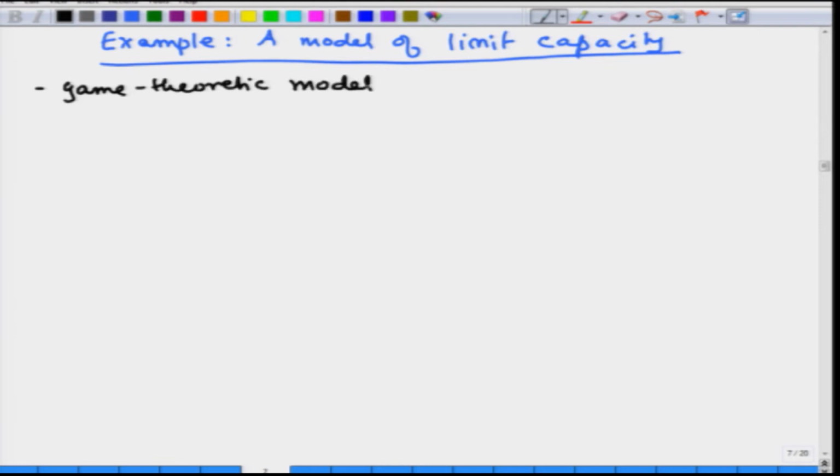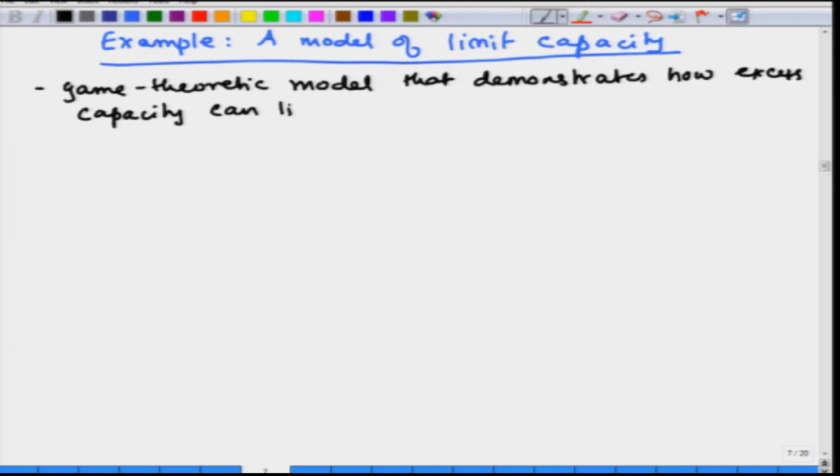This is a game theoretic model that demonstrates how excess capacity can limit entry in an industry, right. So, the setting that we have is there are two firms which are contemplating entry into an industry. Now, any entry requires investing in capacity, and it could either be a small capacity or a large capacity. So, there are two firms